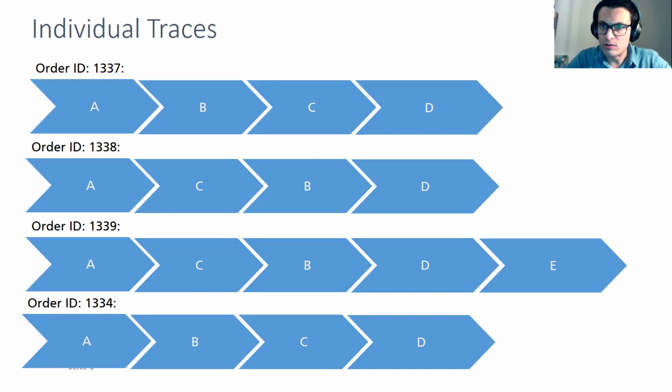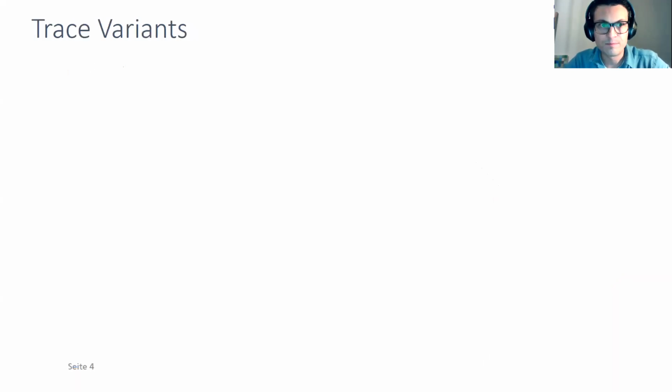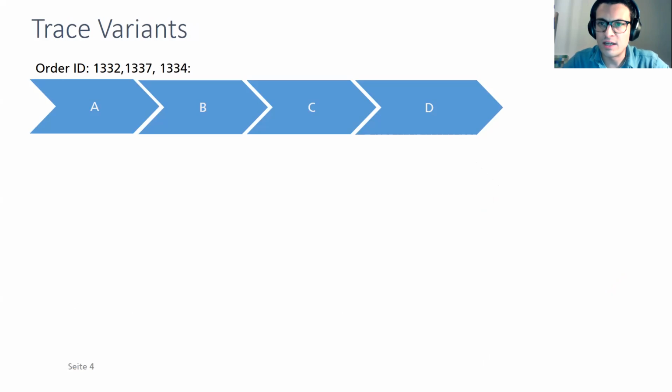So when I talk about a trace, I refer to a single execution, an instance of a process that is recorded in the event data and that describes the sequential behavior of activities. And multiple traces can actually represent the same sequence of activities. Like in this example, there are two cases, 1337 and 1334, and they both describe ABCD. But in some cases, I'm referring to a trace variant. So for example, it can be that in our data, the orders 1332, 1337, and 1334 all have a trace that describes sequential behavior ABCD. And when I'm talking about a trace variant, I'm talking about